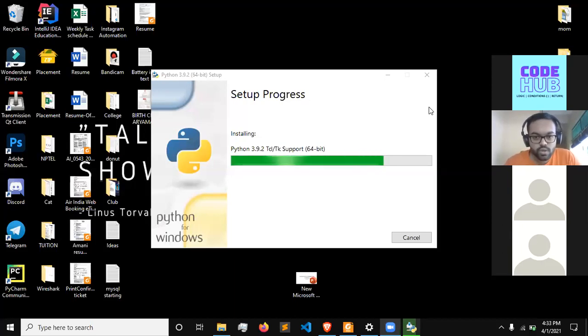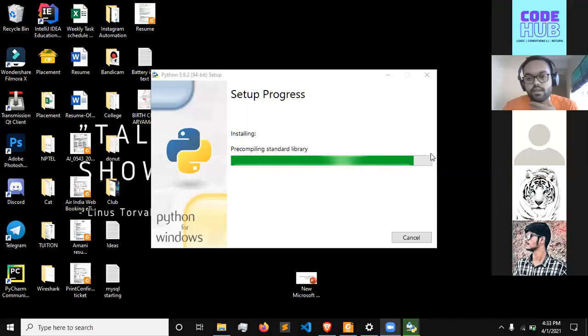Yes, we'll go ahead with it. Karthik will go ahead with it. First, we'll tell you how to install it, and then Didi will explain you what is Python, why do we use it, and where is it used. I hope all the people who have a laptop can see this installing wala complete ho raha hai. Is it going on? Yes, sir.